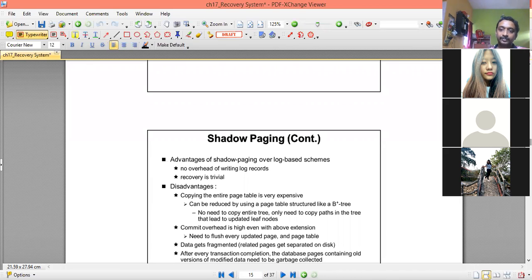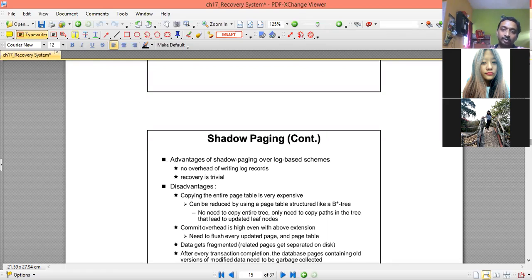One is the current page table and another is the shadow page table. Current page table holds the transactions which are presently executing and their records. Once the transaction commits, the current page table needs to be flushed to reflect the changes into the stable storage.